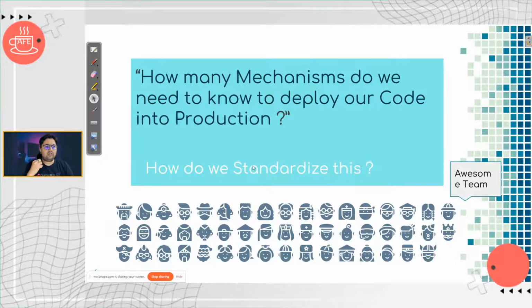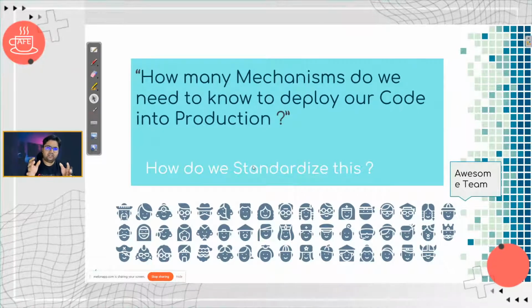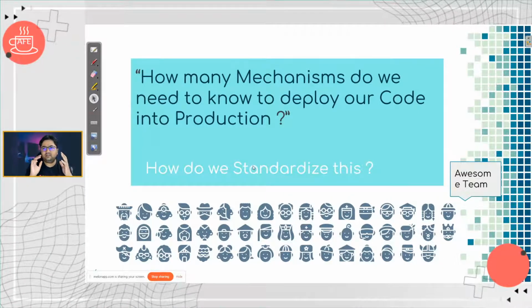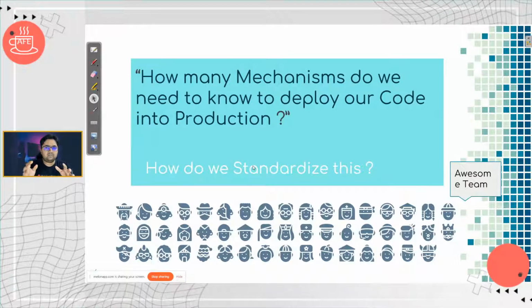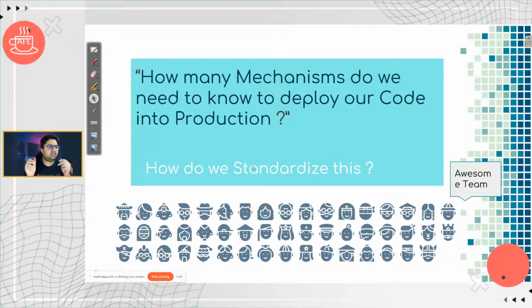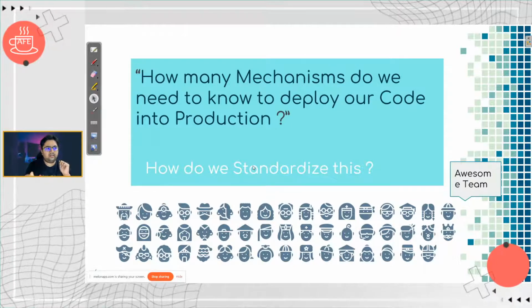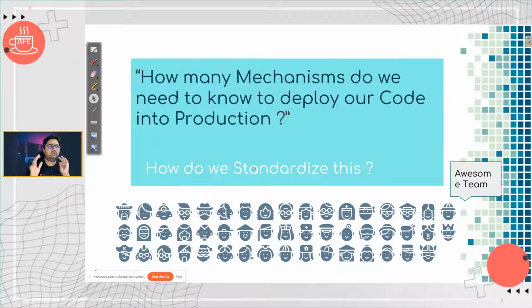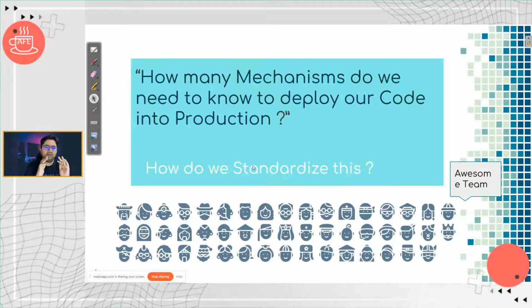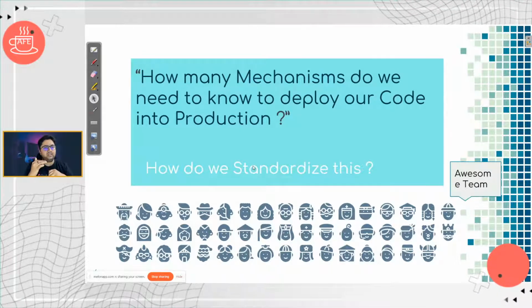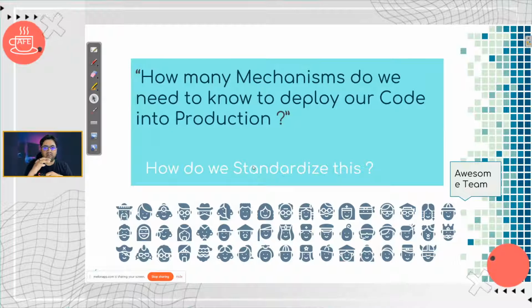So when you want to deploy your code into production, there's tons of options there, and then there are large team structures at play. There's a lot of people, a lot of options, a lot of technologies at play. But how do you deploy effectively to production, and once you have deployed something, how do you actually standardize the deployment methodology?